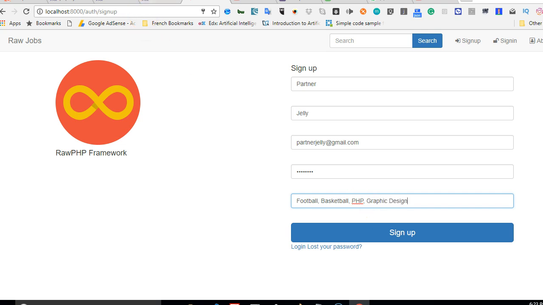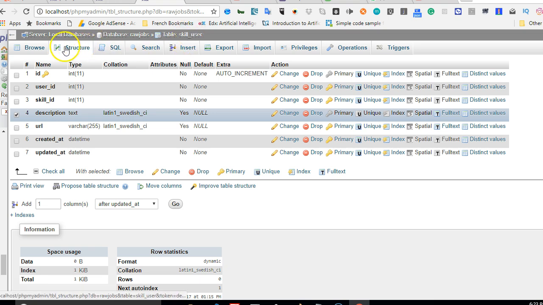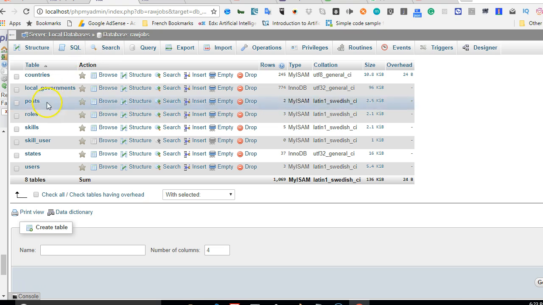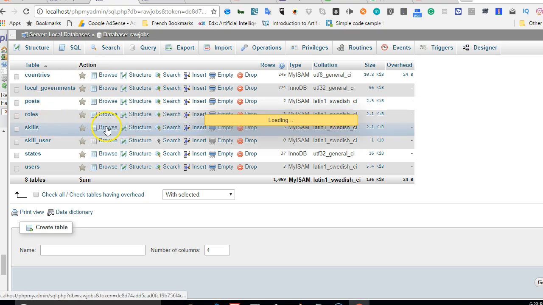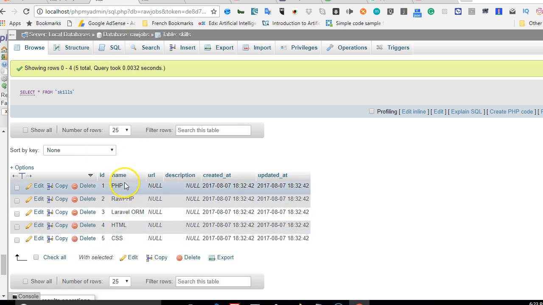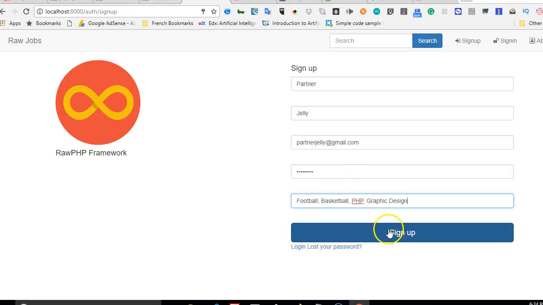Before I click submit, I want to take a look at the database. In our skills user table, if we click on browse, we'll observe that there's nothing there yet. If we look at the skills table instead, browse, we will see that there are several skills already listed. So PHP shouldn't repeat, although we are entering it in the form. We've entered PHP, it shouldn't repeat. So if we click sign up, and just for a test, I'm going to put PHP 2 in small letters. Let's see what will happen. So if I click sign up,